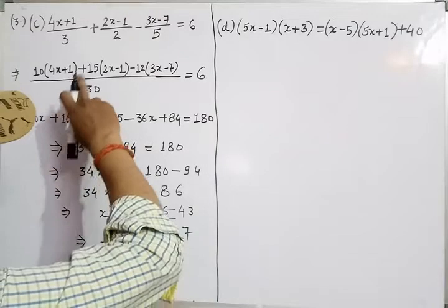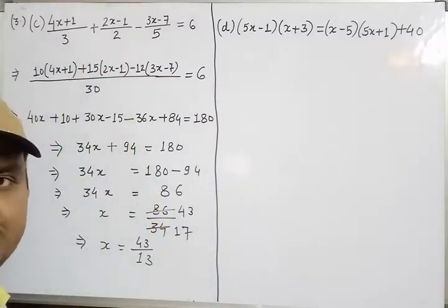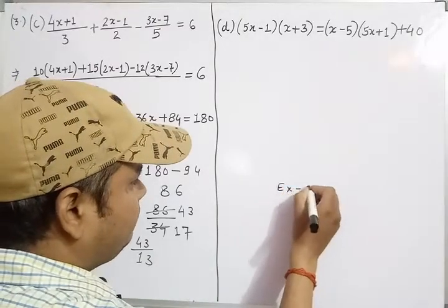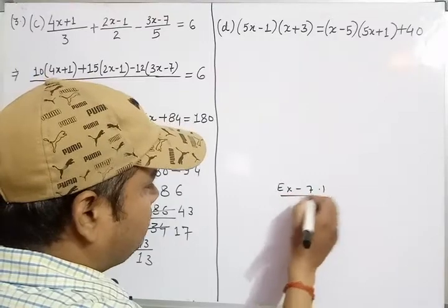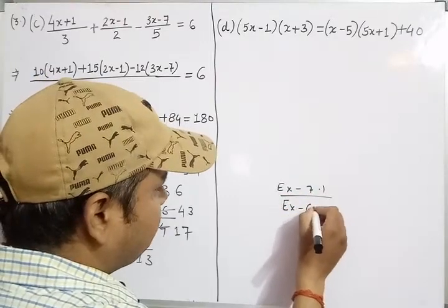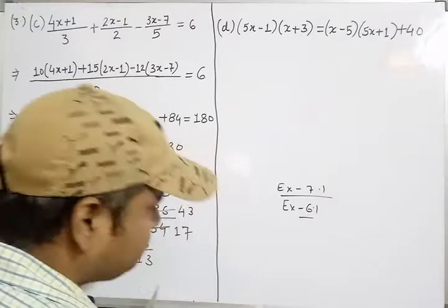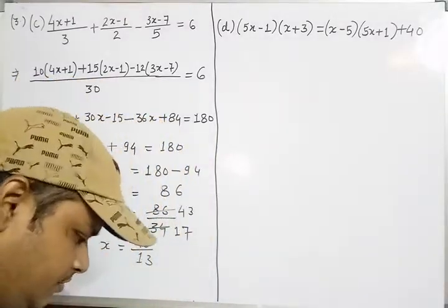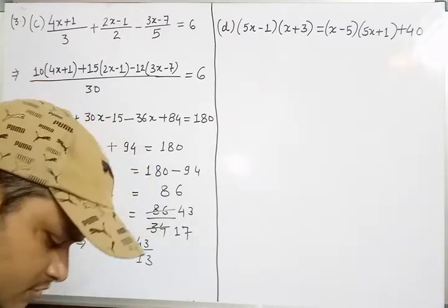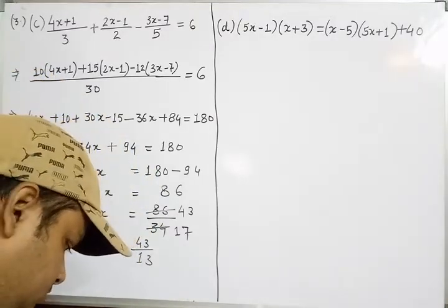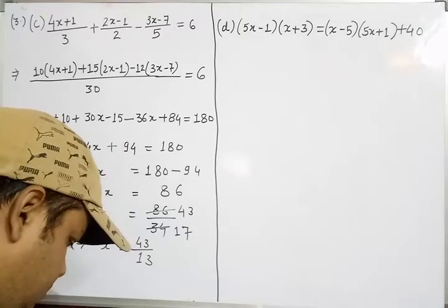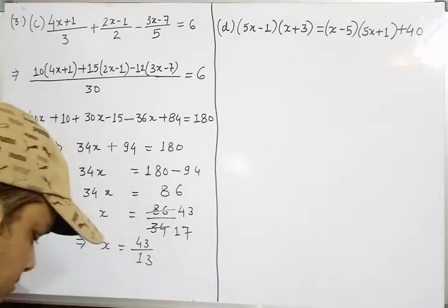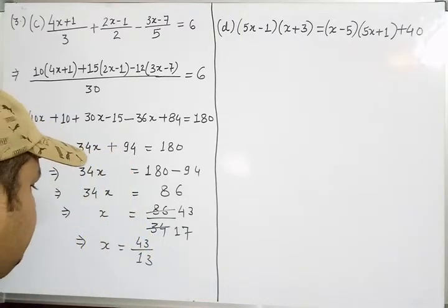Student, this is the question of exercise 6.1. In the previous segment I have written exercise 7.1, so please correct it, this is not exercise 7.1, this is exercise 6.1. Okay, so mention this in your copy that this is the question of exercise 6.1. So here the C part of the question is x equals 143 upon 52.